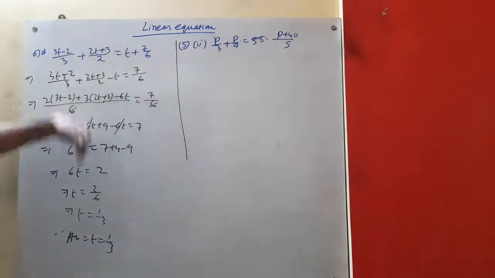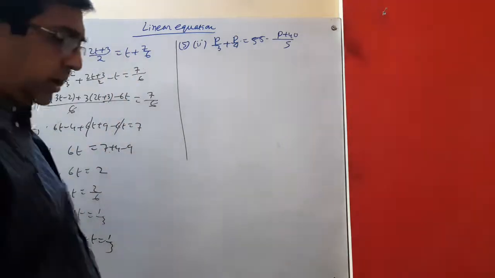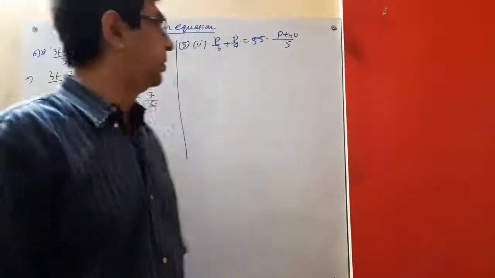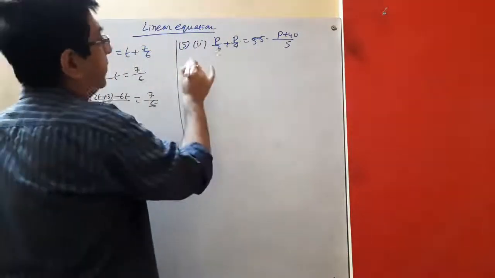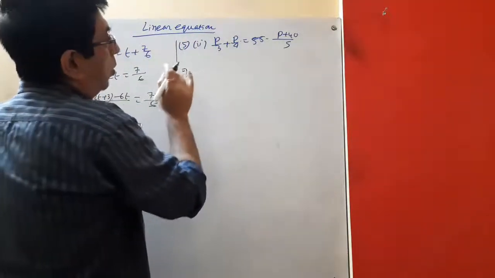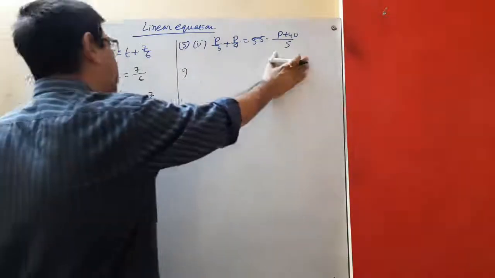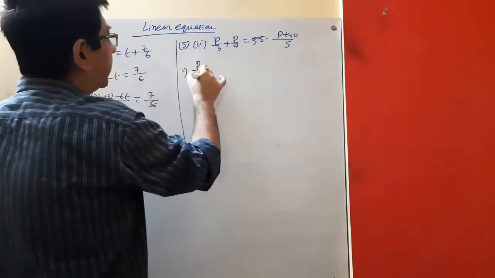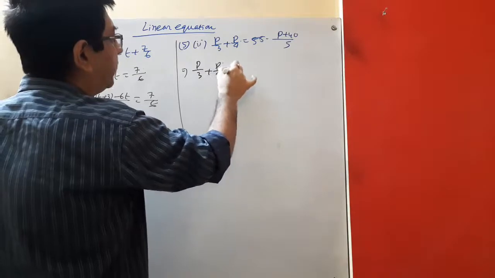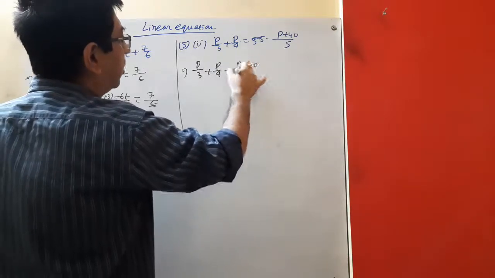Now, here t is the variable, okay. It is not necessarily that all the time x and y will be the variable. Here we have to find the value of p. Look what we are doing. One thing you can do, you can keep this portion also, but it is better to do it this way. All the variables should be on the same side.